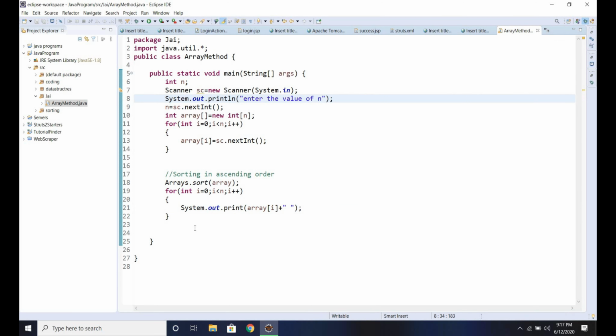Okay, so the next operation we are going to see is binary search. In binary search, we actually use a divide and conquer algorithm. We find the mid value, and after that we search for the value in the first half or the second half.